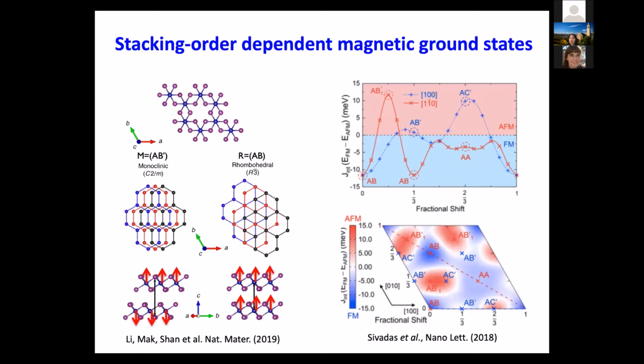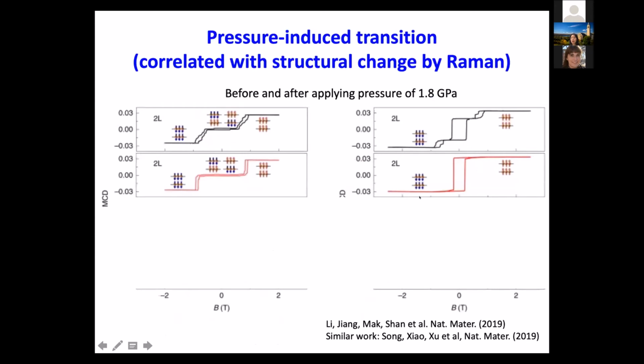So we did a small experiment to verify this is the case. What we did is to apply hydrostatic pressure to help the system go to the lowest energy structural configuration. What I'm showing here is the magnetization as a function of out-of-plane magnetic field before we apply pressure and after we apply a pretty high pressure and release it and do the measurement. So for those different two-layer samples,